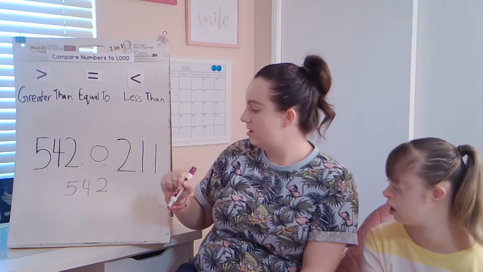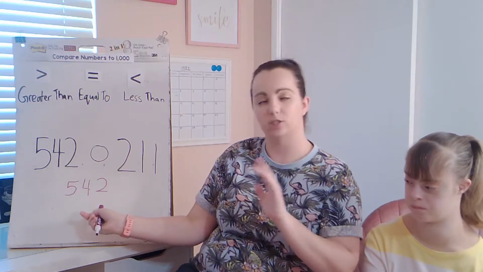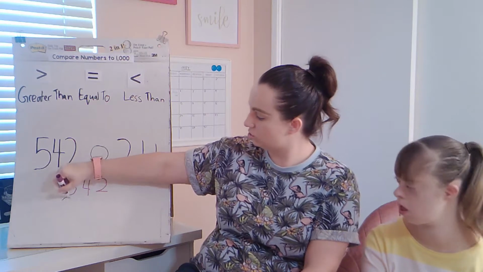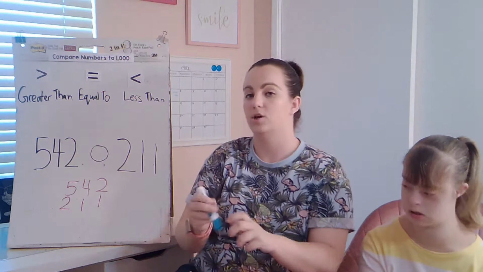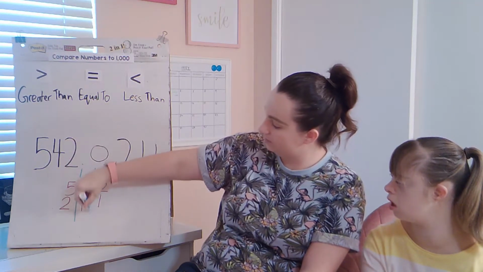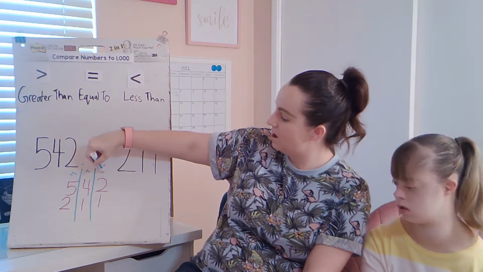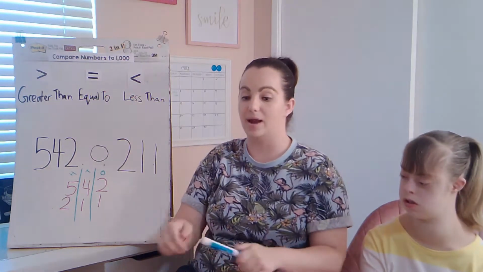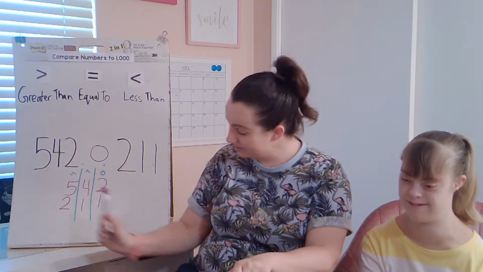542, and I'll write the next number right below it. We're not going to do addition or subtraction with it. It's just going to help us compare the numbers. All right, 211. If you want, you can even draw a line separating the hundreds, tens, and ones sides, okay? To compare the numbers, I know, addition and subtraction would always start in the ones, but to compare the numbers,